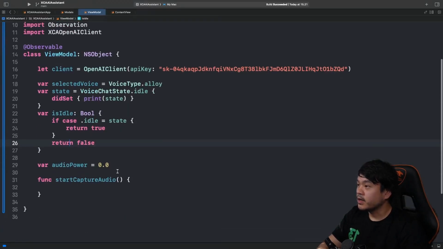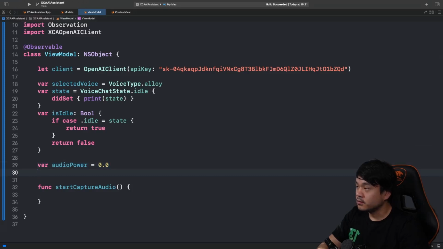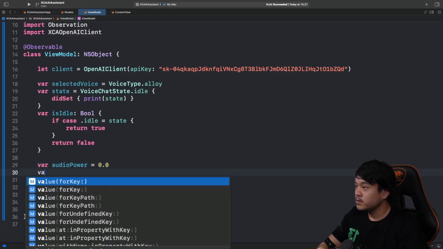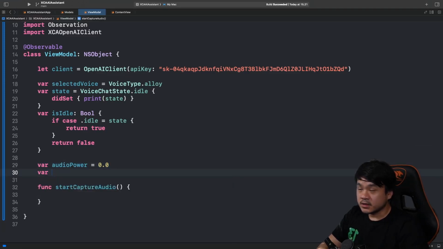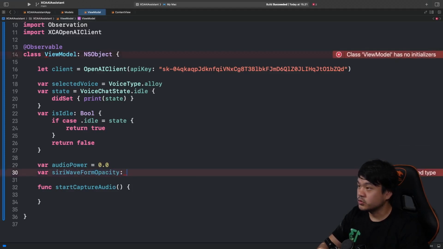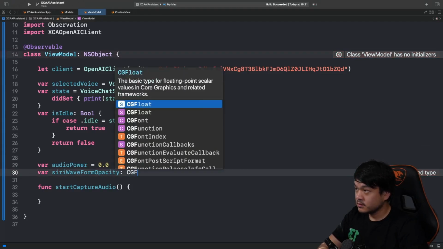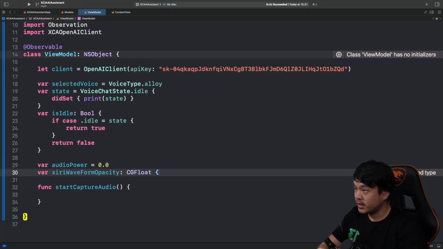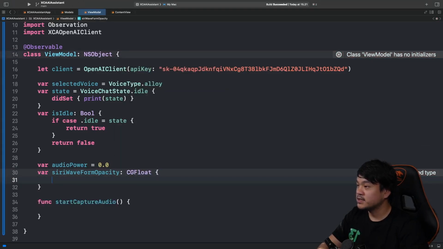So here we already have the audio power to control the wave view. And next one, let's declare this Siri waveform opacity to control the opacity, whether we're going to hide or show the Siri wave view. So I'm going to hide it by modifying the opacity to 0.